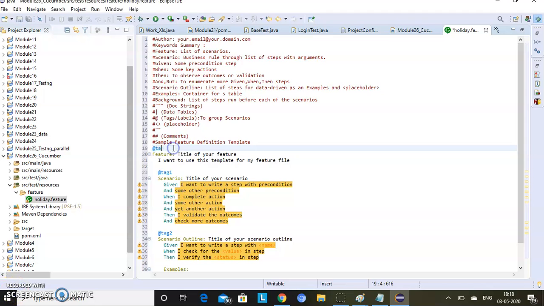In tags we can give an example, say book hotel and flights. And in the feature you can explain what exactly you are doing. So you can give this, going for holiday.